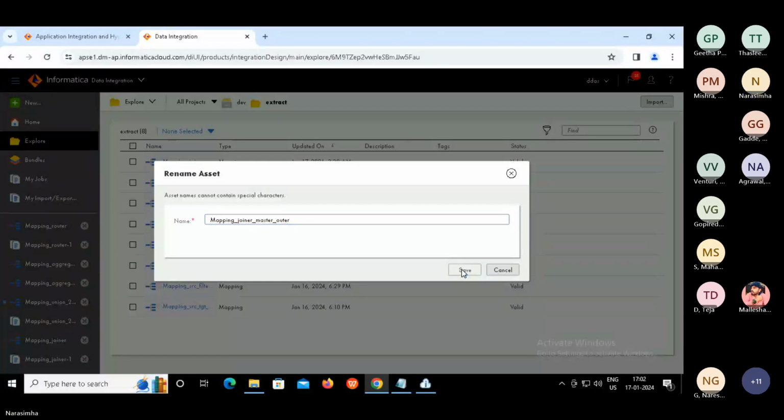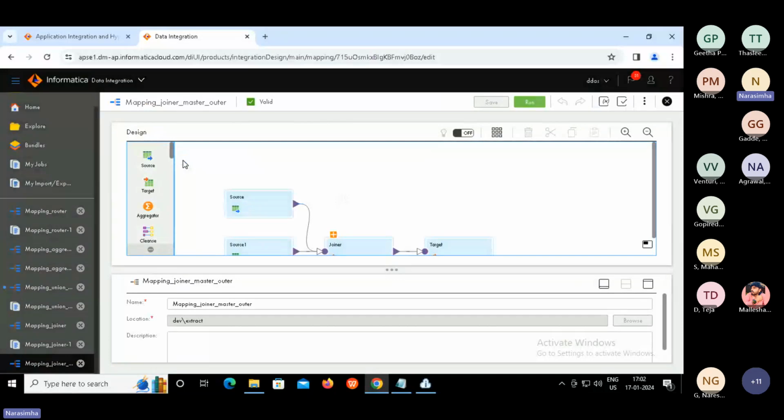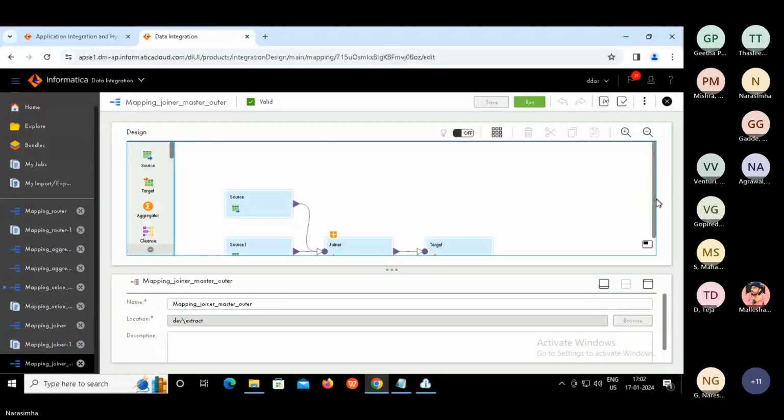That's it. Now you can just click on that. It will take you to the mapping workspace. The original one we are not touching. Can you see the mapping name here? Master outer.